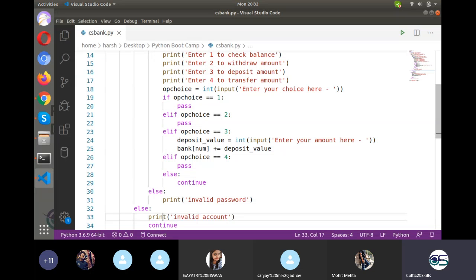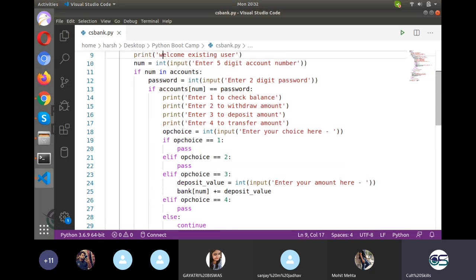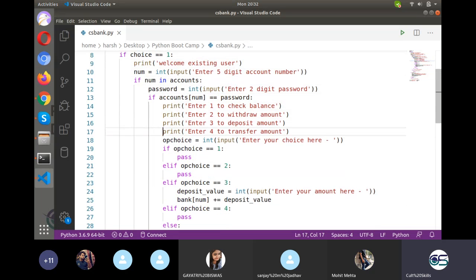So anyhow, if there is still any doubt, I'll be ready to clear it out. I'll be making it clear. I'll slow down a little more. But we have covered everything, we are using only those things that we have covered till now. Nothing new we are talking about. So once you read the file, it will be very clear to you later on.